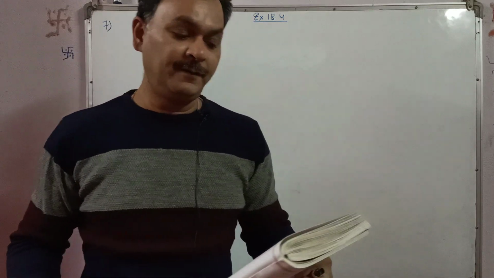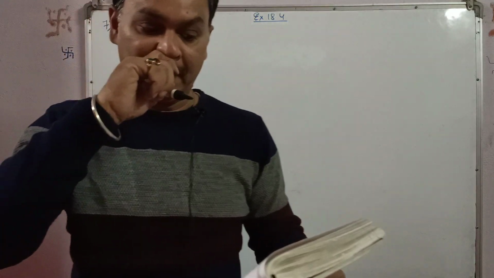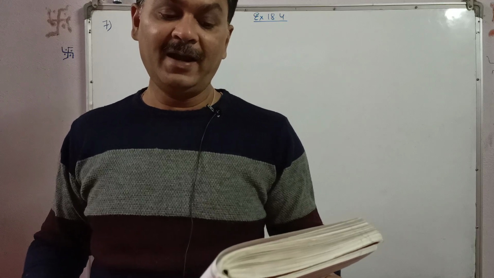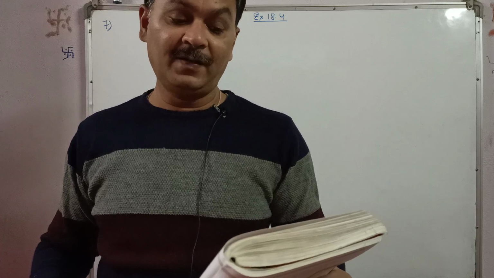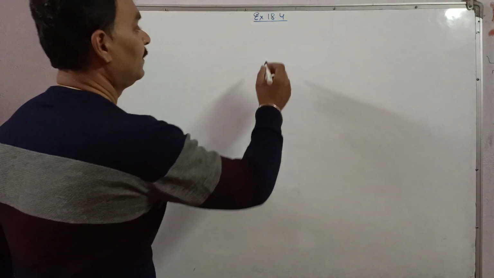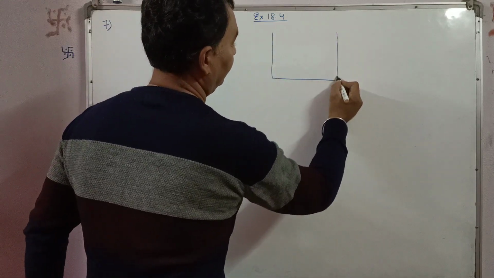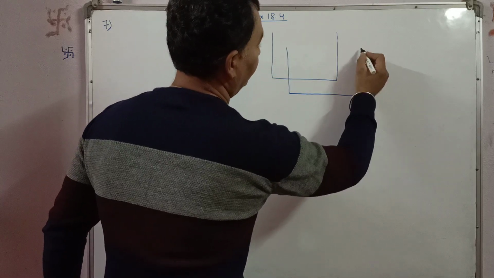A cuboidal fish tank has a length of 30 centimeter, breadth 20 centimeter and a height of 20 centimeter. The tank is placed on a horizontal table and it is 3/4 full of water. Find the area of the tank which is in contact with water. Okay, so we have a fish tank which is kept over